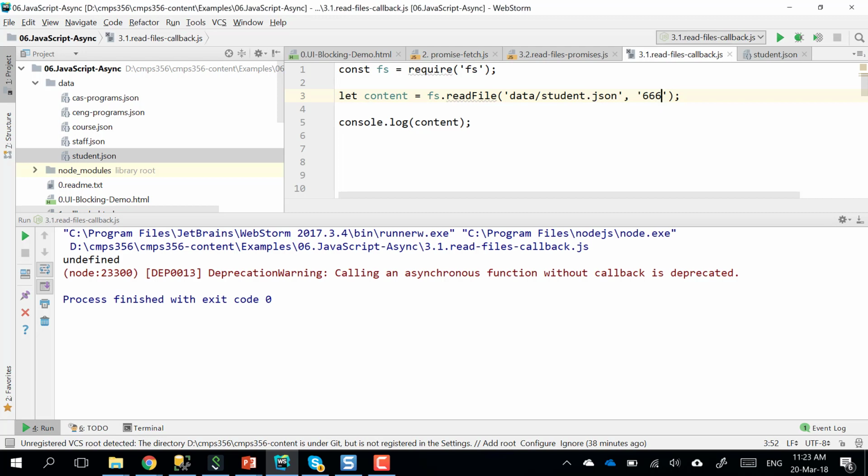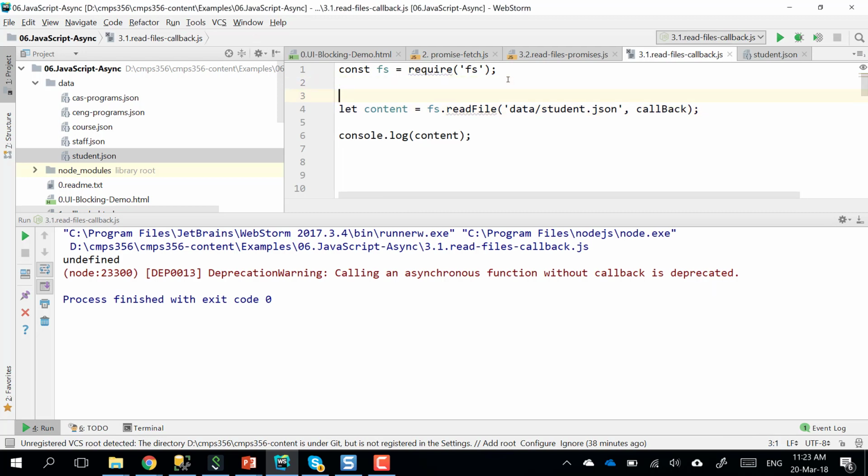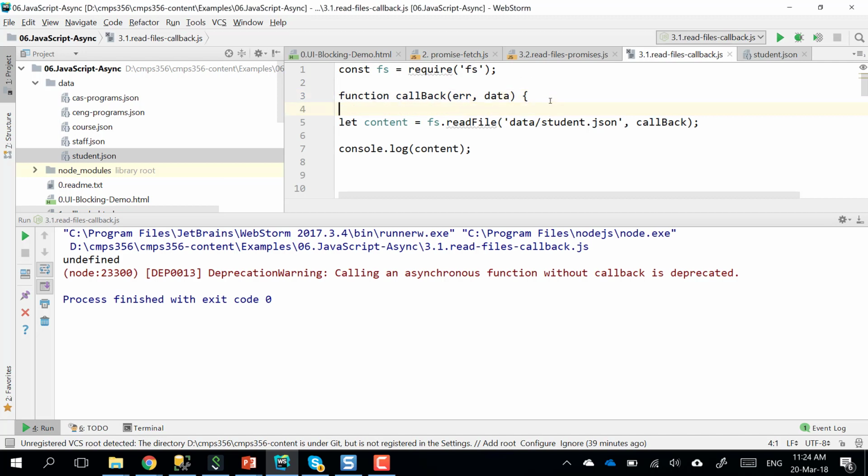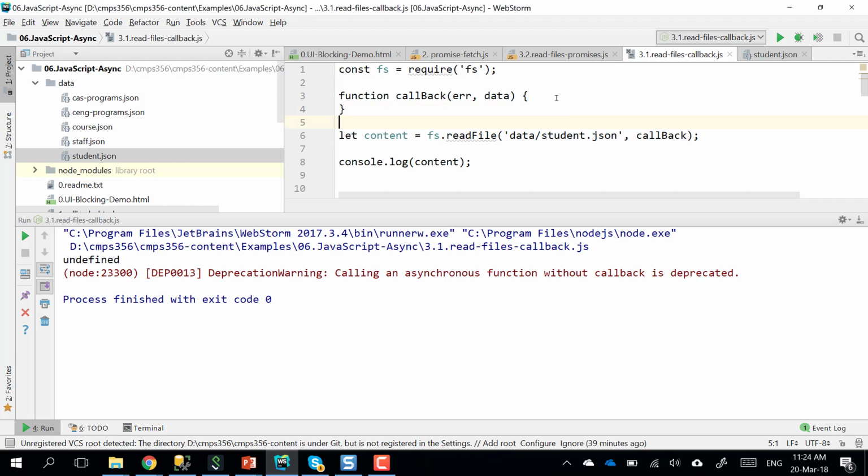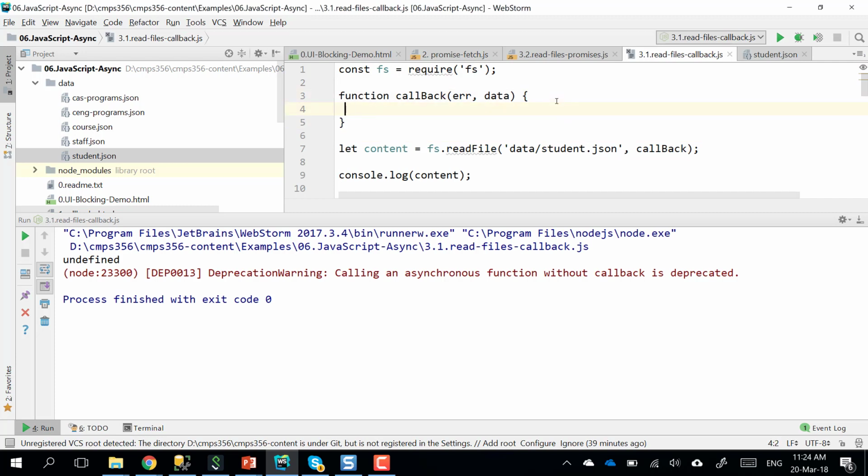Okay, so what I will do here, I will say, oh, by the way, when you finish, please call me back. And then I can give a function here. I call it callback. You can call it whatever. Equals, basically, any callback has two parameters. It could be either the error or some data I will get back. Okay, so if there is an error,